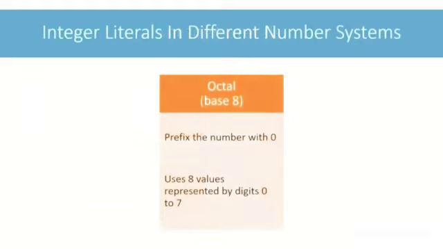To write a number as an octal number, prefix it with a 0. Java considers numbers with leading zeros as octal numbers. So don't prefix your number with a 0 if you don't want it to be interpreted as an octal number. The octal number system uses the digits 0 to 7. So if you write 08 or 09 in your program, it will lead to an error as 8 and 9 are invalid octal digits.